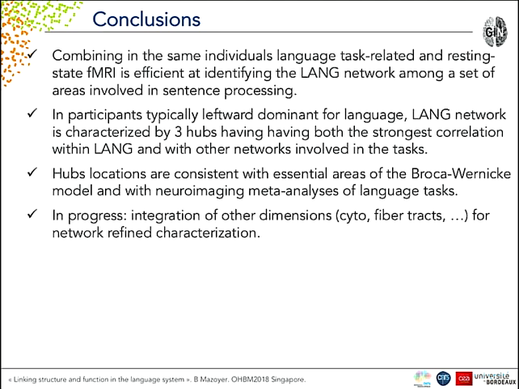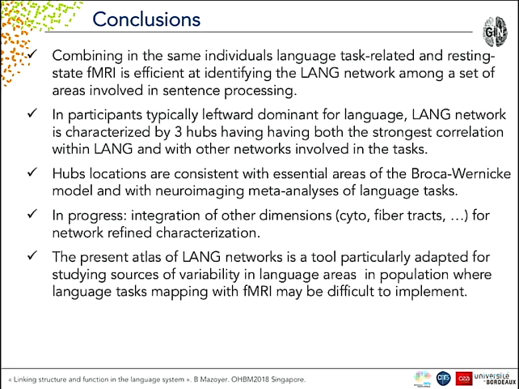It would be very interesting now to map other kinds of data, including high-resolution DTI, cytoarchitectonic, and receptor data, to refine how this language core network is working, apart from the fact that we have 3 hubs and other regions. And finally, we think that what we provide here is a sort of atlas of core language areas